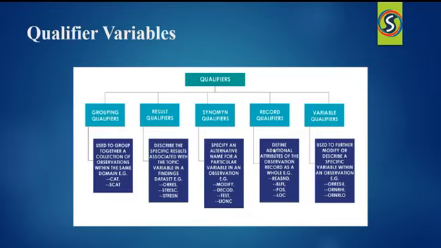Variable qualifiers are also there. Those are used to further modify or describe the name of a specific variable within an observation, and are only meaningful in the context of the variable being qualified. Those include your original results units, and the high or low limits of your normal range results, all of which are variable qualifiers of your original results, as well as your dosing units, which is nothing but your variable qualifier of your dose.